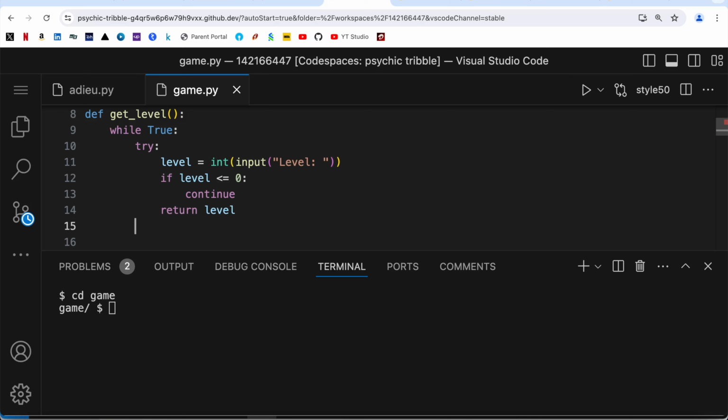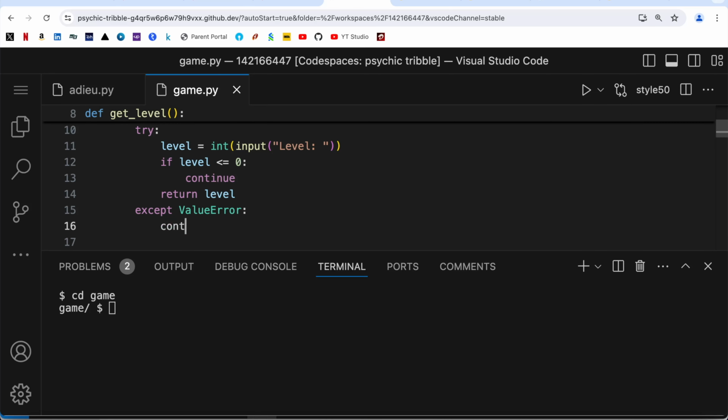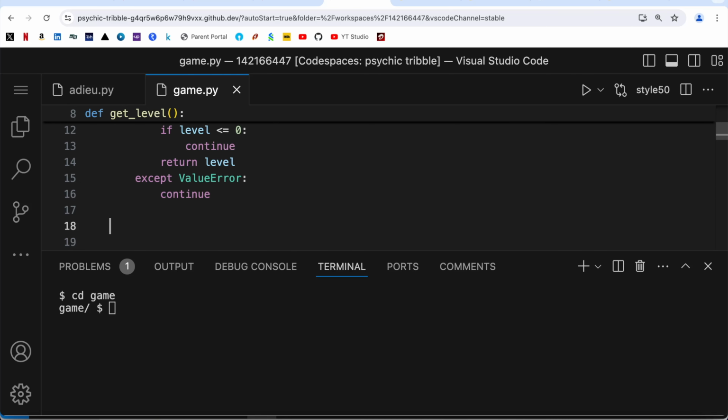Second part of the validation here is that the user should not enter any gibberish like cat, dog, rat, anything like that, and that we are going to do with the help of ValueError. So I am going to write here except ValueError, and for ValueError also I am going to do continue, because we have to keep prompting the user again and again. So with this we are done with our get level,